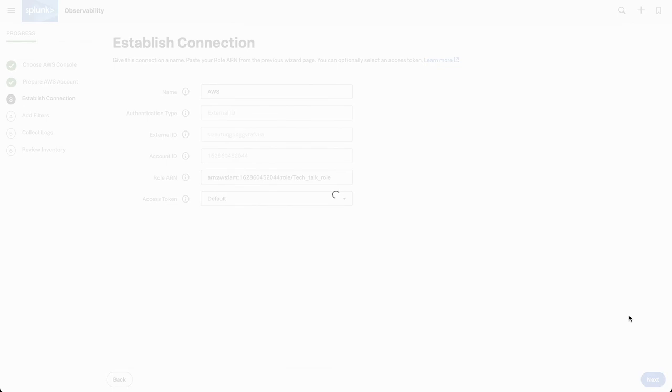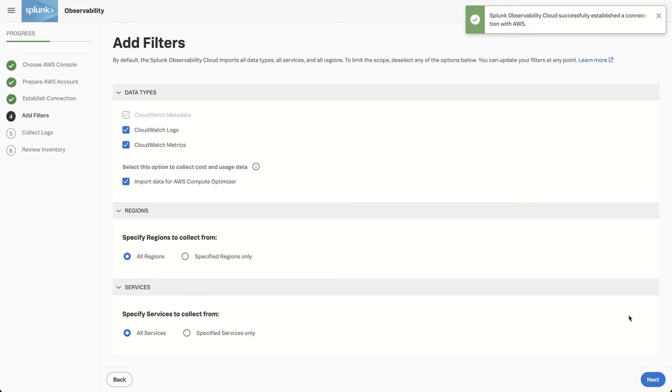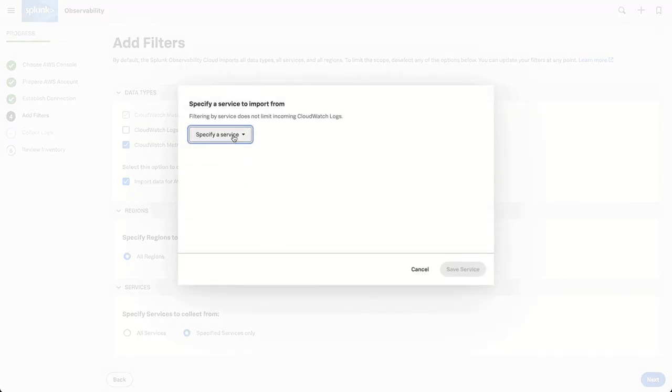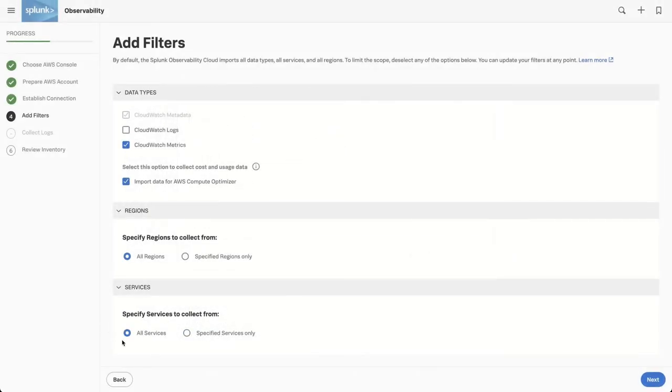Now it is accessing and making a connection to Amazon Web Services, and we see that it has successfully established a connection with AWS. I can get data from all the regions, or I can specify certain regions. I want to leave it default, getting data from all the regions. Similarly, I can get all the services that I have deployed, or I could just specify services. For example, any of the services I could pick. I am going to leave it by default and get data from all the services. And that is it. That's our connection to